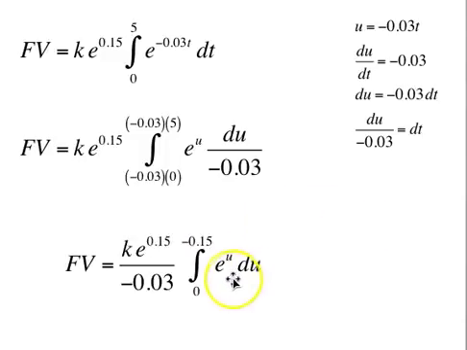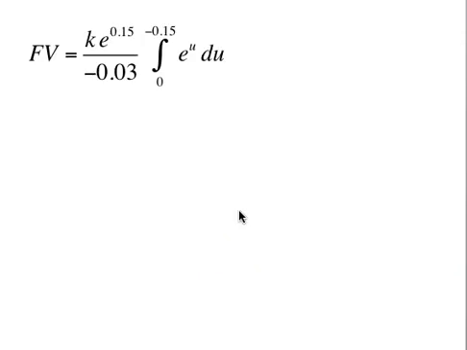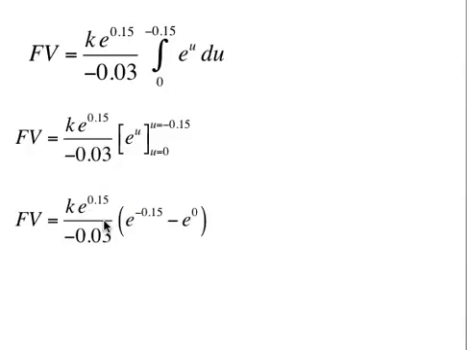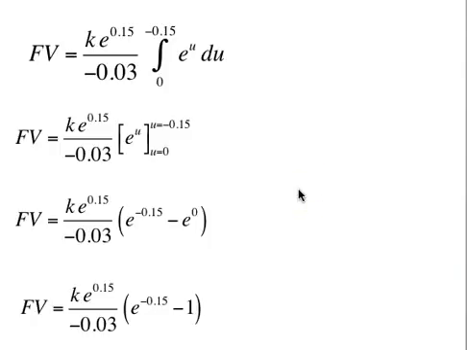The antiderivative of e to the u is e to the u. We'll evaluate that from 0 to negative 0.15 to go ahead and get our answer. So we'll have k e to the 0.15 over negative 0.03 times e to the negative 0.15 minus e to the 0. E to the 0, of course, is 1. And then putting that into the calculator, this part, the e to the 0.15, the negative 0.03, and the e to the negative 0.15 times negative 1. Multiply all that by k, and we get